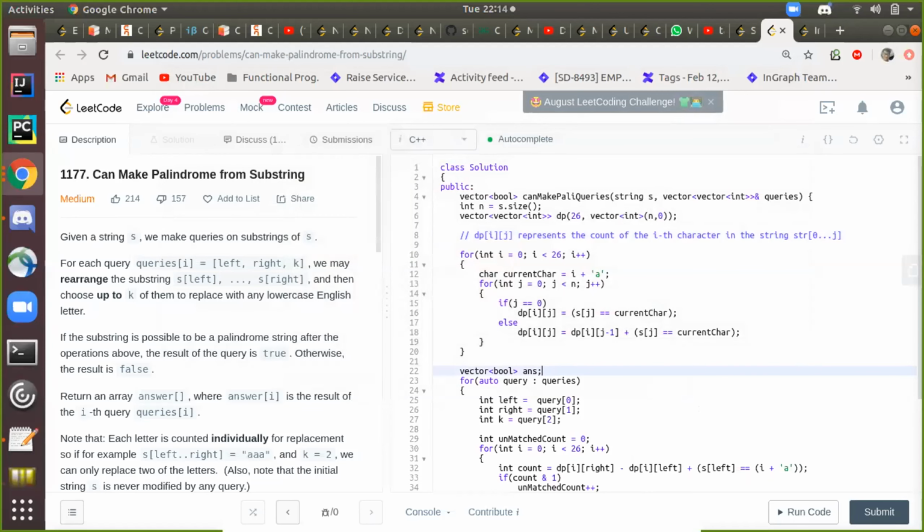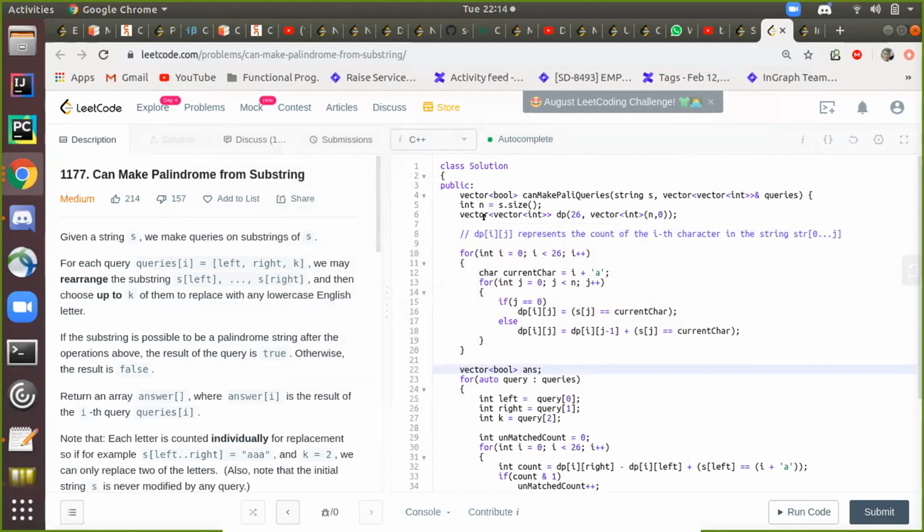So I've taken a 2D array as my DP array, and it's 26 cross n, where n is the length, and I am setting each character. Say if i is 1, then it would be B. Then I check whether that is there in my string or not, and I add it.